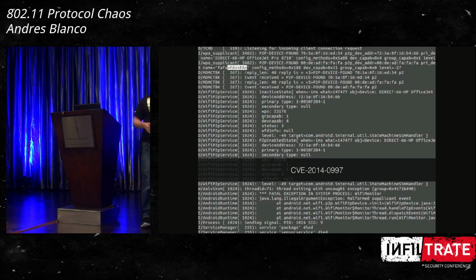This was the case of another bug I found in 2014 that I think was the first bug that was able to crash the Dalvik VM with one frame, okay? So I sent a frame, the frame was parsed by the firmware, forwarded to the kernel, forwarded to the supplicant, which parsed it and processed the frame. It was a malformed frame, so the supplicant ended up sending a malformed event to the Android framework. The Android framework processed the malformed event and threw an uncaught exception. This uncaught exception was not handled by anyone, so the Dalvik VM decided to restart.